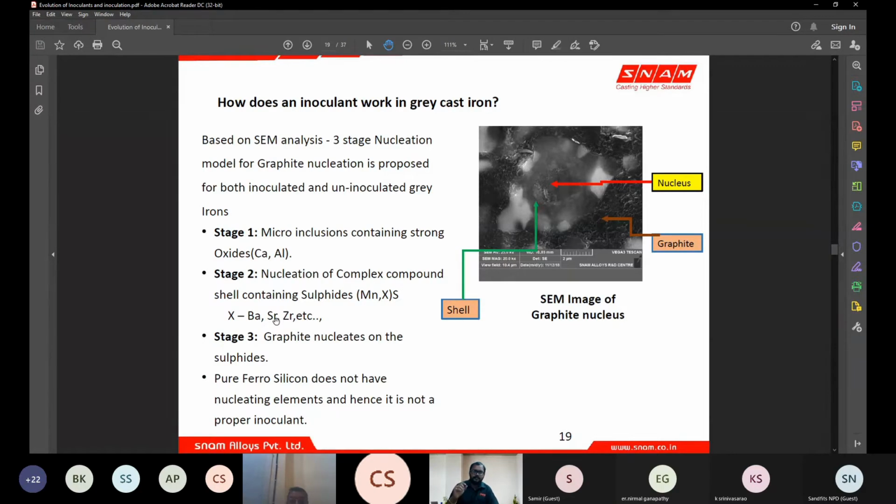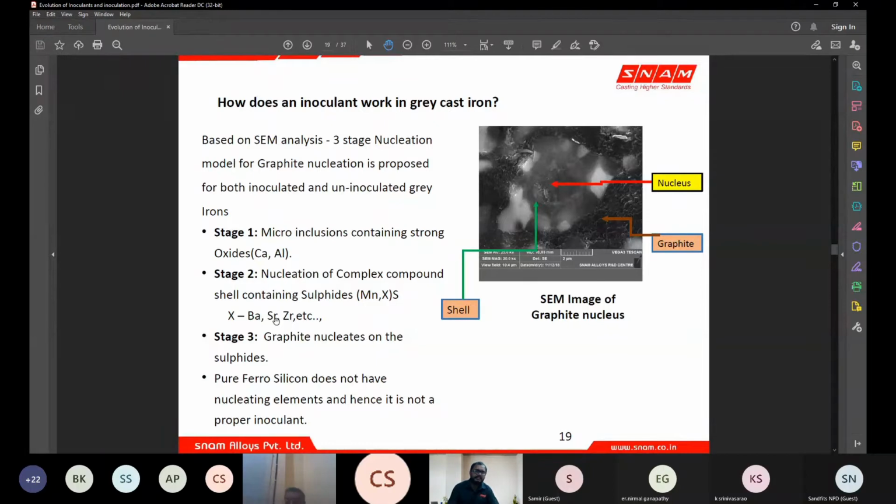Both the liquid metals are the same. So when the carbon is about to precipitate, consider the amount of platform or the stability of platform available for the carbon to deposit and start growing. In barium based conditions, you will have this manganese and barium complex compound forming a platform. So here the platforms will be more in case of barium based material. Metal without barium based inoculant will have fewer platforms, or we can say this manganese barium platform will be sustained for the entire pouring time. Like you will have liquid metal until you fill the cavity. Your solidification starts inside the mold only.